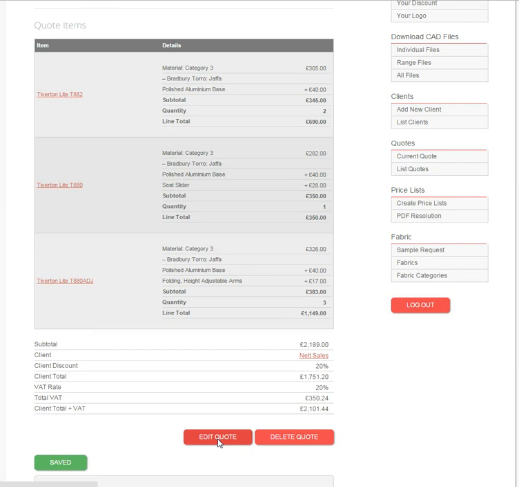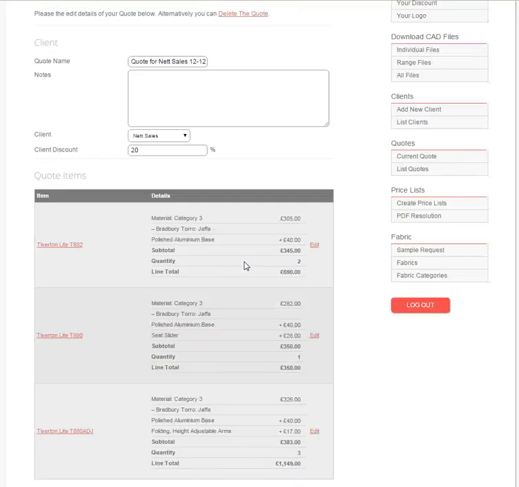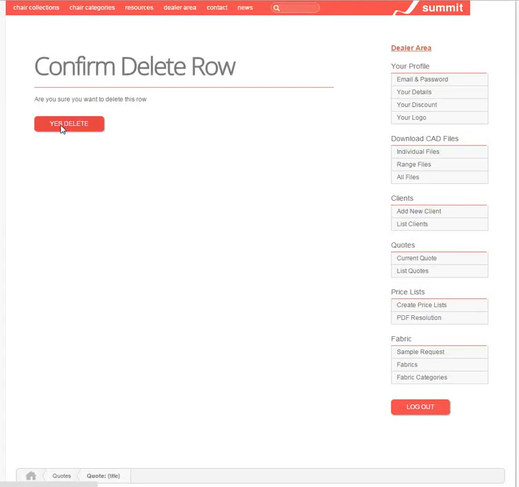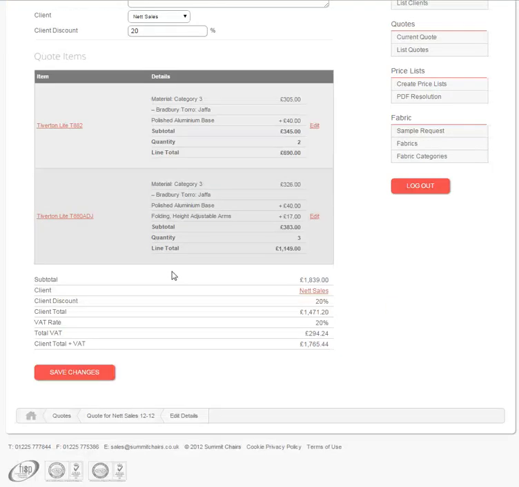I can edit the quotation, click on edit here next to the T880, and then delete this line item. And yes, I'll confirm I want to delete it. Now if I save that quote,